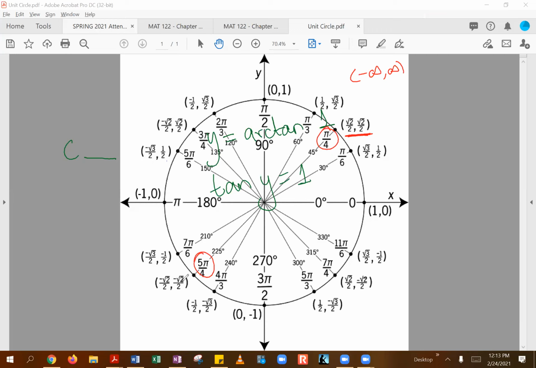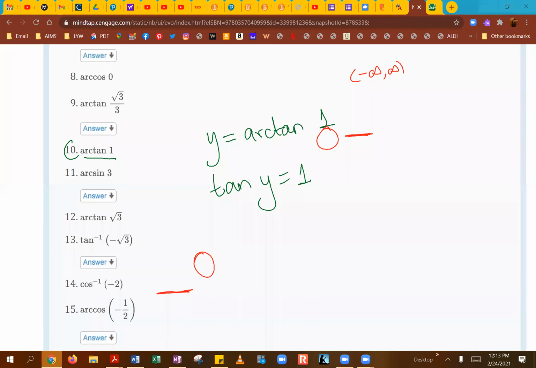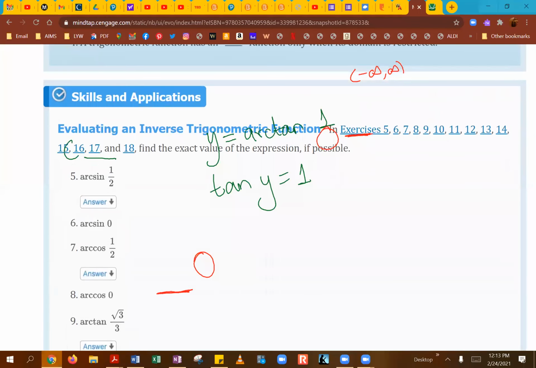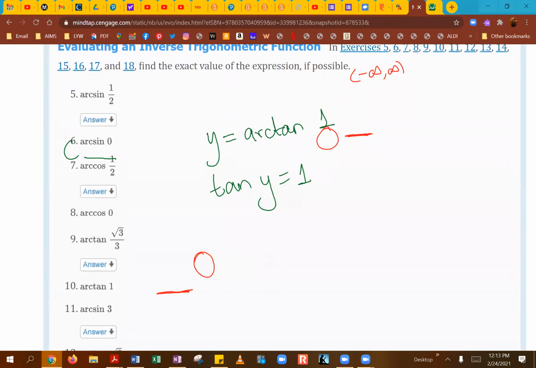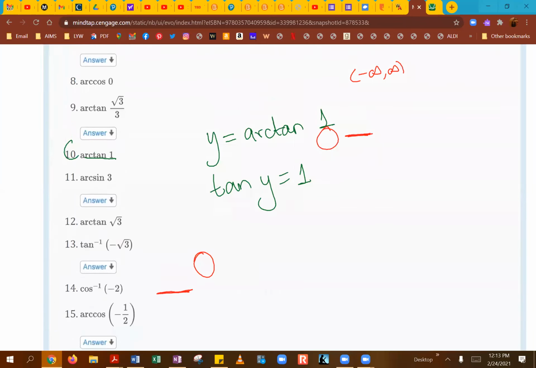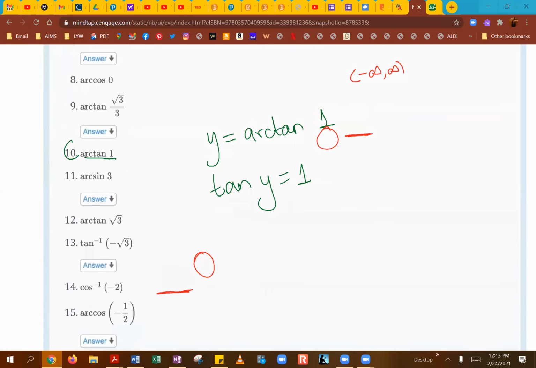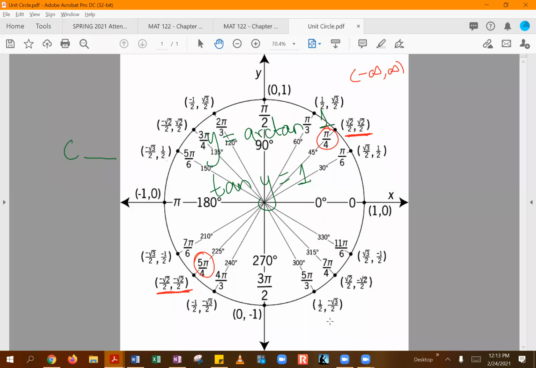By pi/4, because this is also giving you the same x and y values. So let's take a look at our question over here. They're just saying find the exact expression if possible. So they're not restricting our domain. Keep in mind, since your arc tangent is going to be